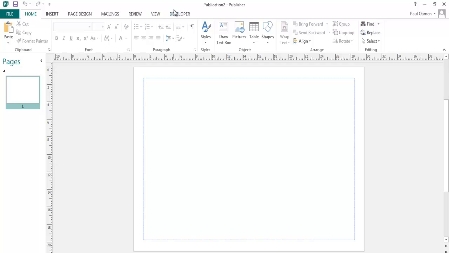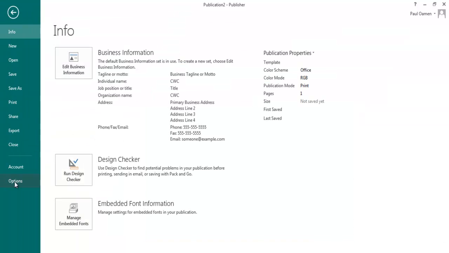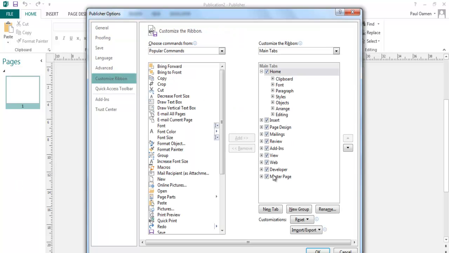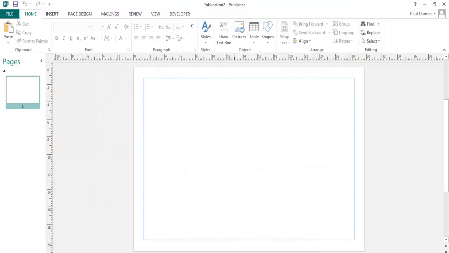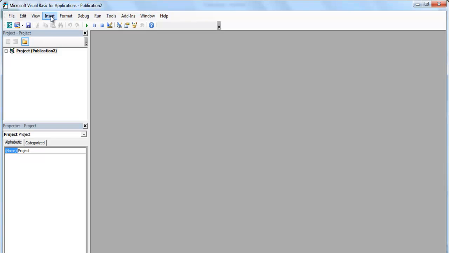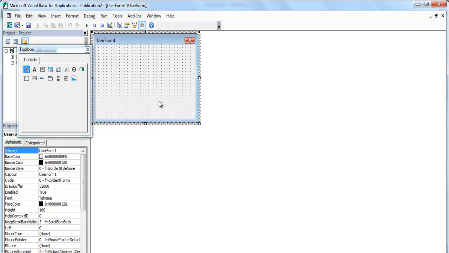So what we want to do is to make sure we have this developer menu up there. If you don't have it, all you need to do is go to File, Options, select your customize ribbon, and right there you should have this developer menu checked. Okay, click on OK. Now that you have it there, select developer, select Visual Basic menu, go to Insert, User Form, and right there, that's your